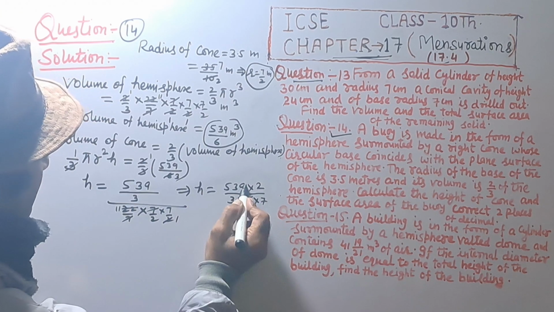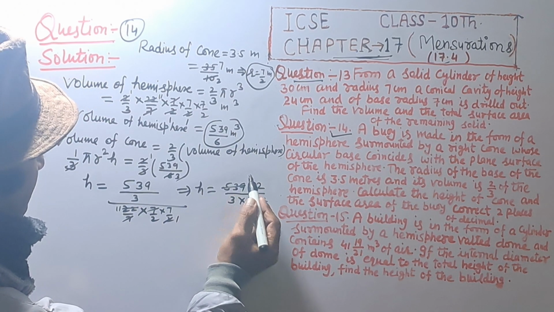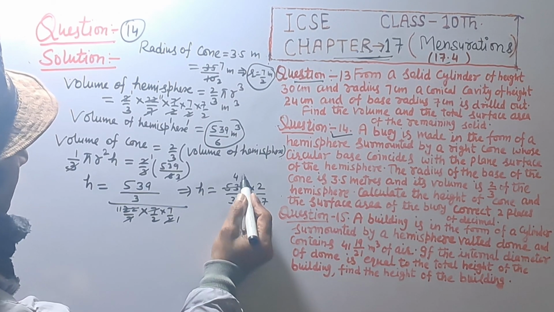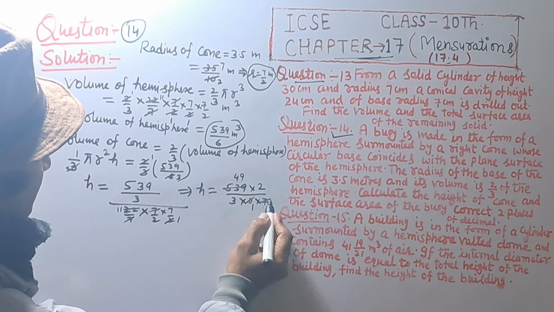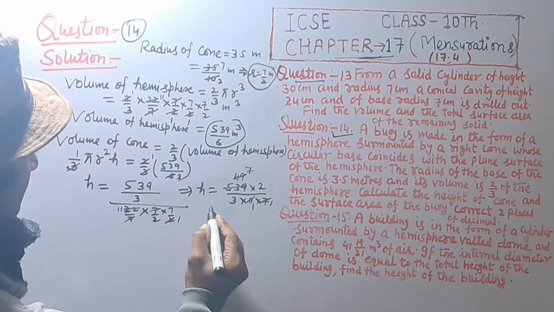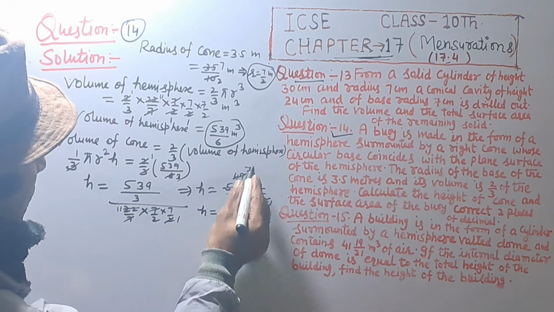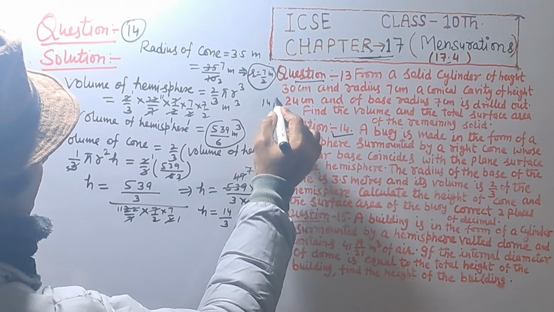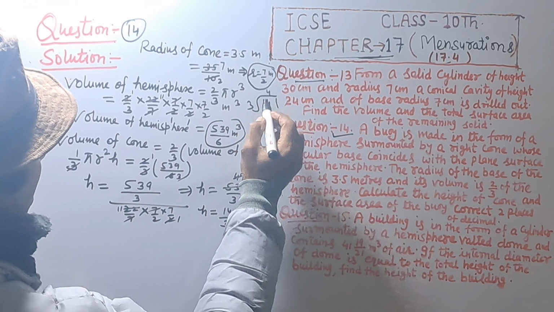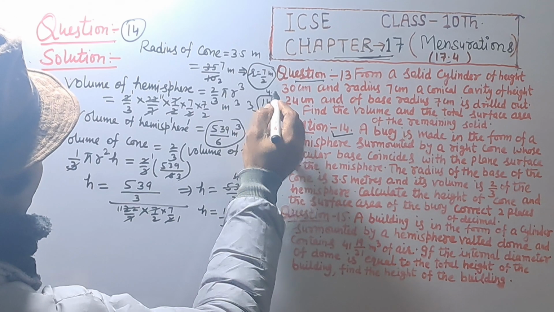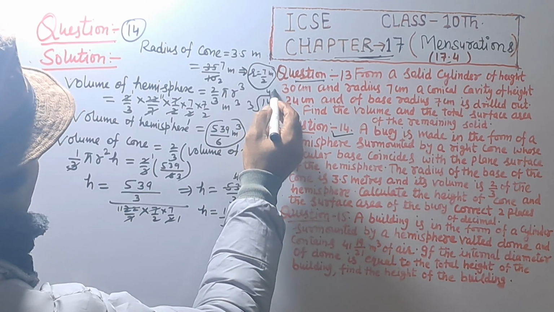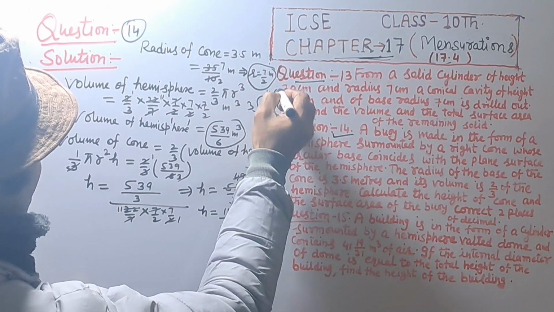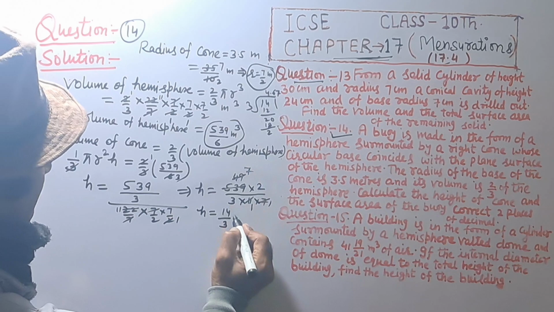That is 11 1s are 11 and 11 4s are 44, then 99, 11 9s are 99. 7 1s are 7, 7 7s are 49. Height h is equal to 7 2s are 14 upon 3. 14 divided by 3. 3 4s are 12, 2.0, 3 6 are 18, 2.66 or approx